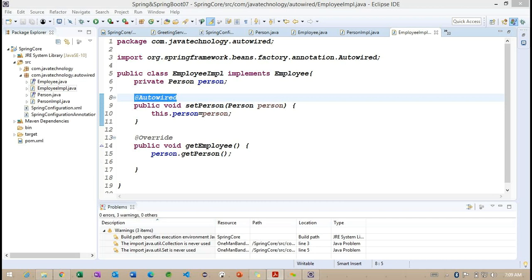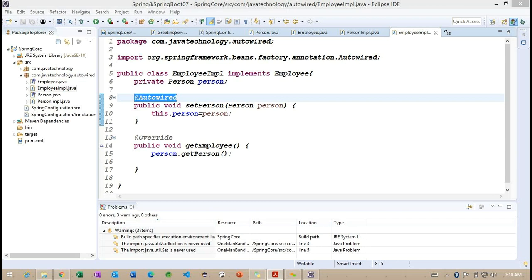Simply, we are going to provide the bean configuration information. To understand this, we need to specify simple configuration information, the two bean tags.